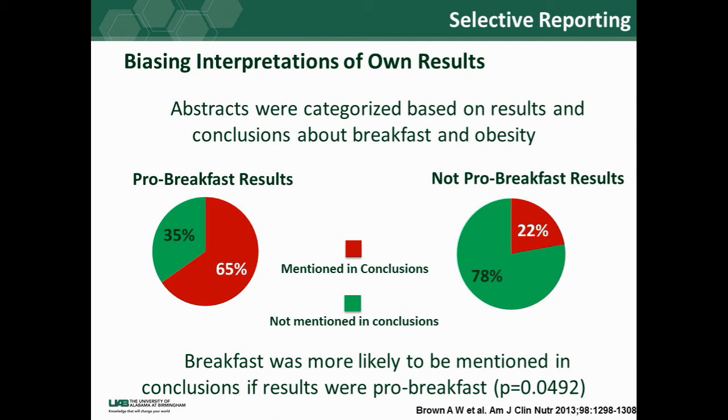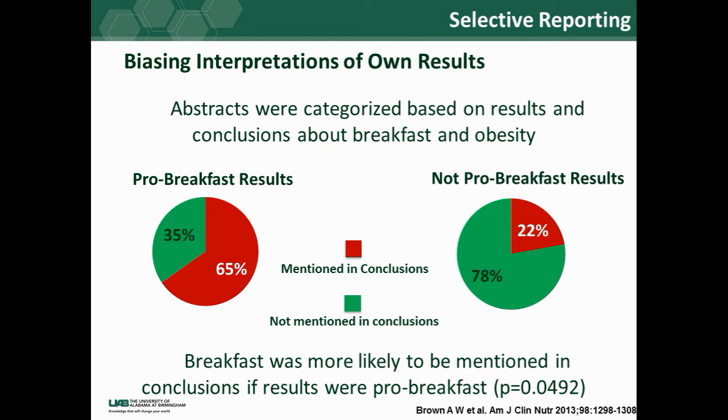Now, those other studies I was talking about were randomized controlled trials. And in observational studies, there can be other types of bias as well, and this is just one example of selective reporting, and this can happen in randomized controlled trials as well. In this case, the idea is that a number of these studies looking at the association between breakfast and obesity were